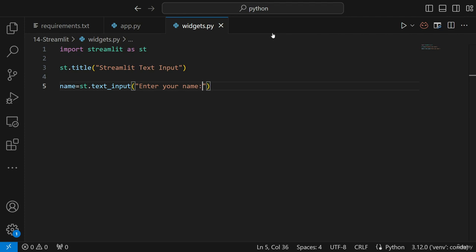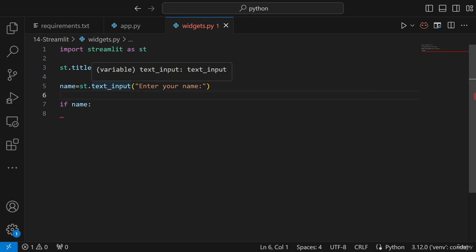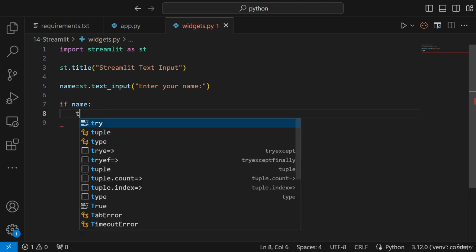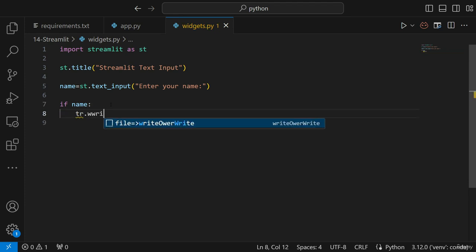Now if I execute this, I will just say if name colon. What does this basically mean? When I run this particular widget.py file and it opens the Streamlit app, it will initially show me a text box, and if I put some information and press enter, that entire information will get saved in this particular name variable. So if I write if name, then here you can see st.write,